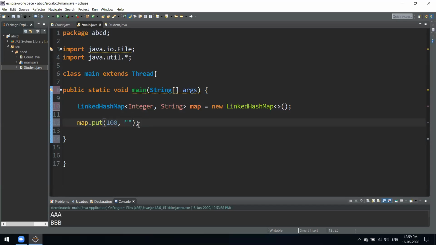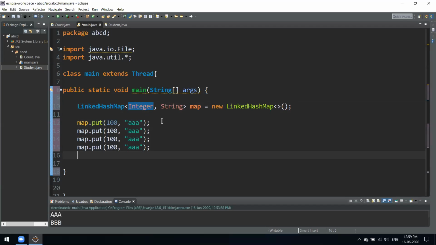In other data structures, like list or set, we have an add method. Here we have put. What we specified is that our key would be integer, and our value would be a string. Let's add some of them.